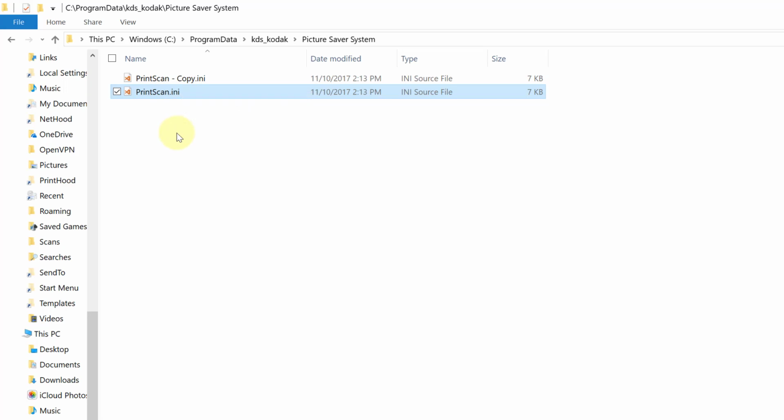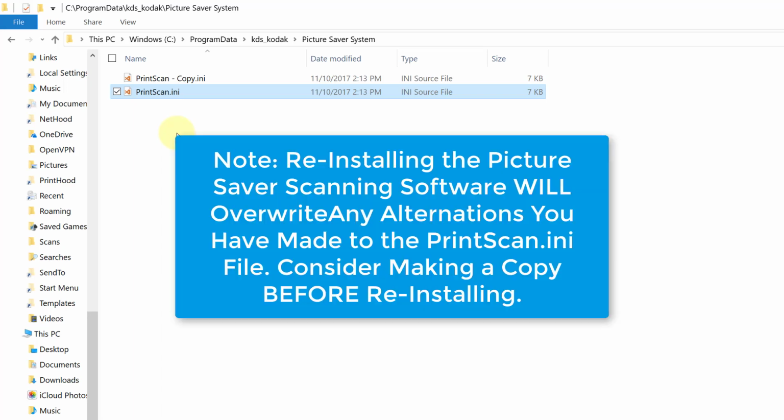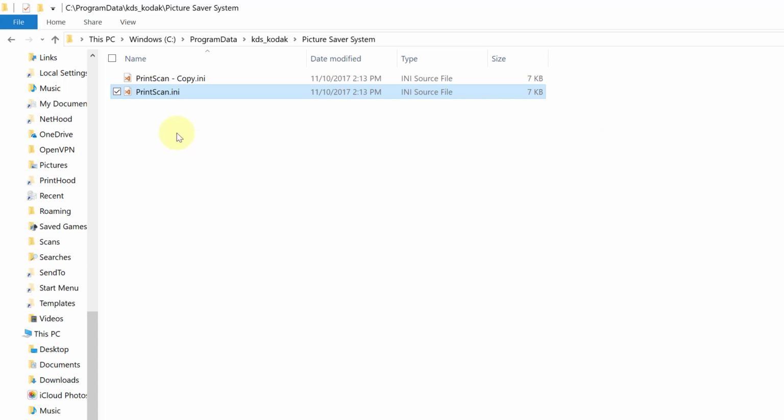One other comment, if you do a reinstall and have made changes in your print INI, you will want to make a copy of that change and have it available, because when you reinstall, it will reinstall over any changes that you have made, so that you can reinstate them by kind of doing the reverse thing. This would be a copy. You're getting ready to reinstall. You go ahead and make a copy of what your adjusted settings were, and then once you've installed, jump over here to this pathway in the program data, the KDS Kodak folder, picture saver scanning system folder,